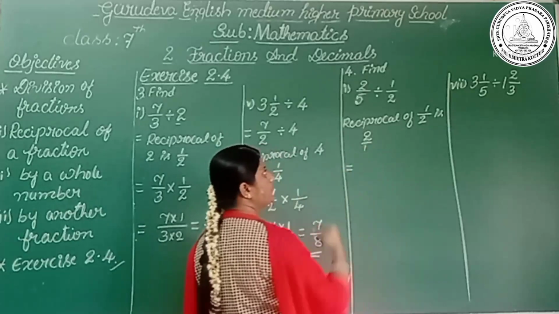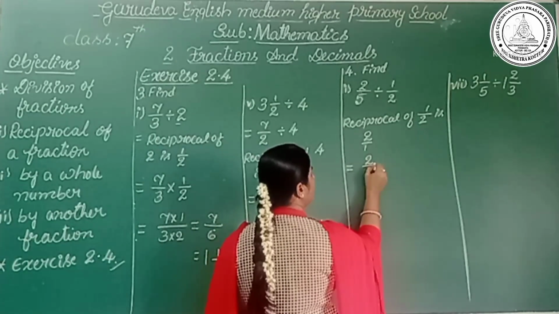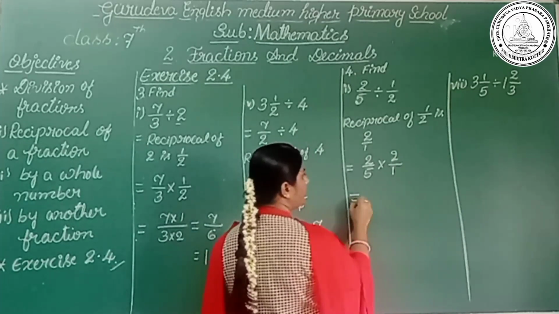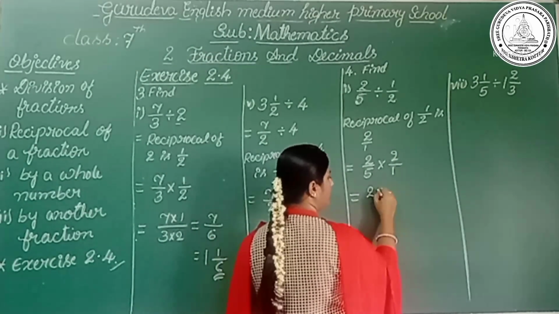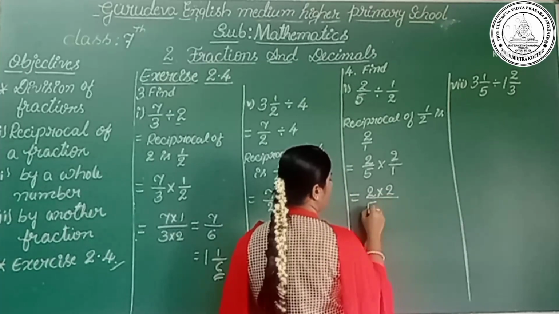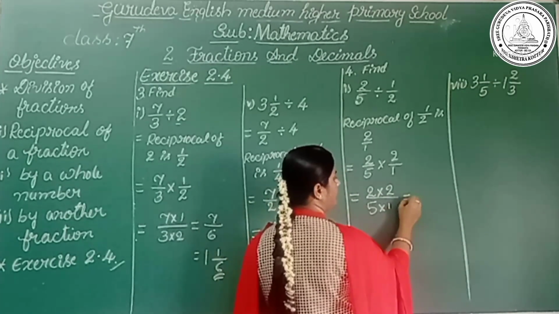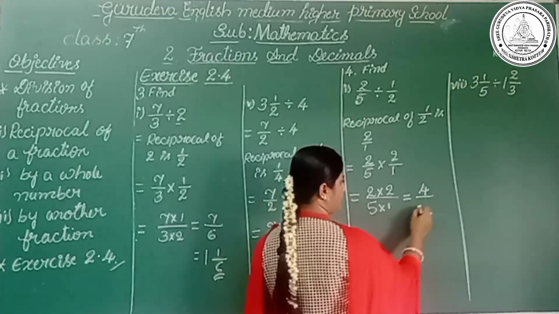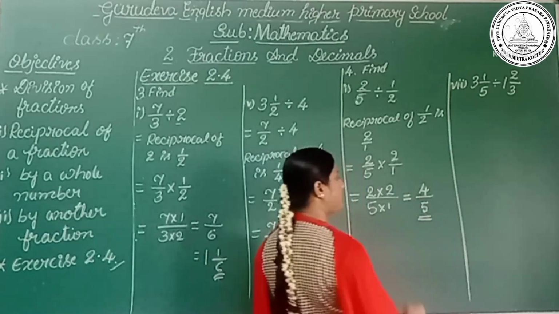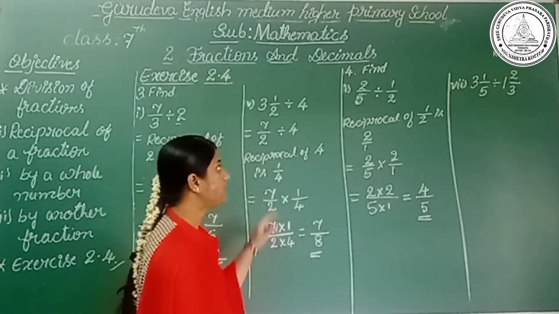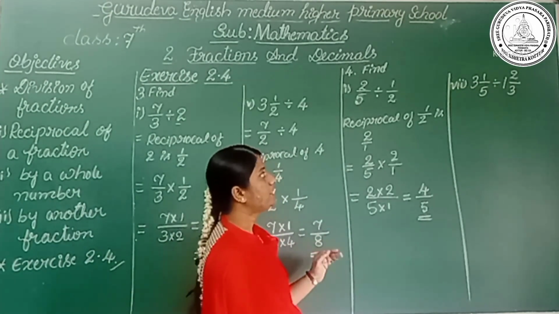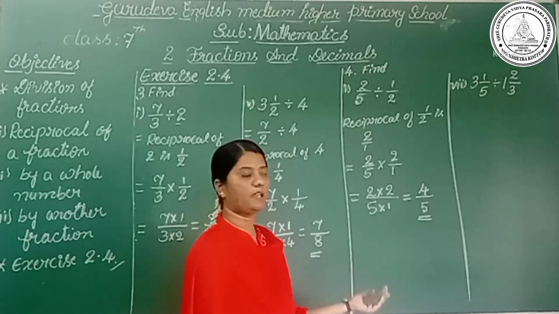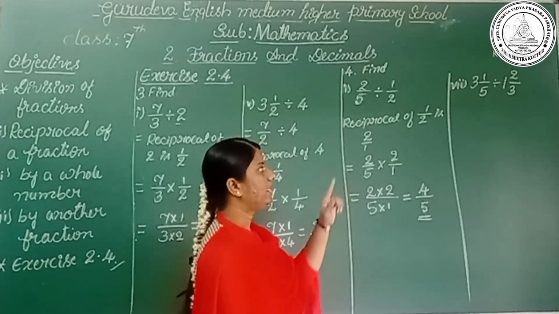So after taking the reciprocal, the division sign changes into the multiplication sign, 2 by 1. So now you multiply numerator to the numerator, so 2 into 2, and denominator to the denominator, 5 into 1, which is equal to 2 twos are 4 and 5 ones are 5. So 4 by 5 is the proper fraction as a quotient. Okay. Then in the same way I have taken the seventh question, that is division of a mixed fraction by a mixed fraction.